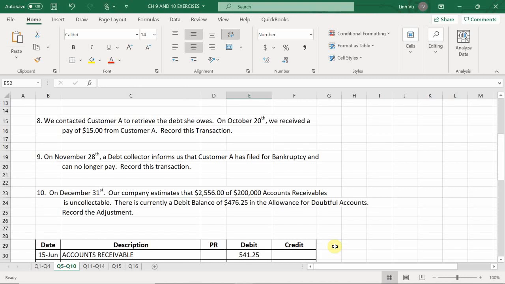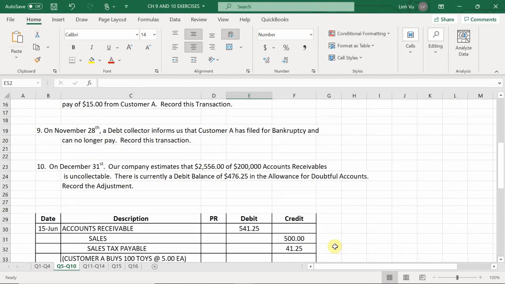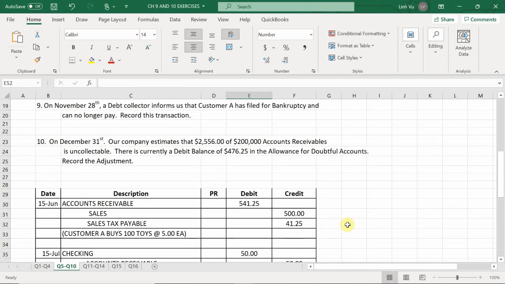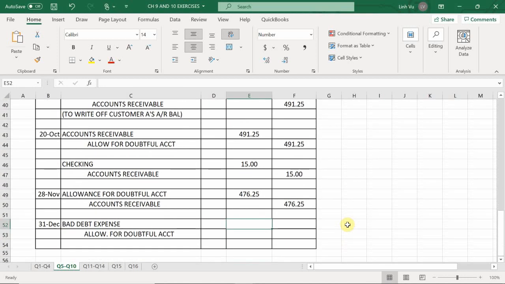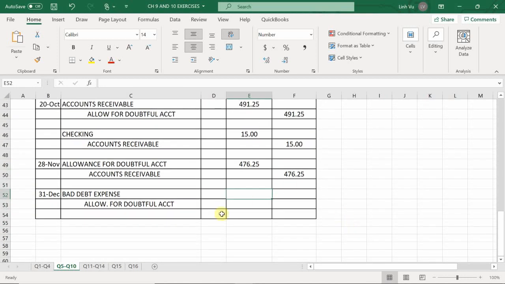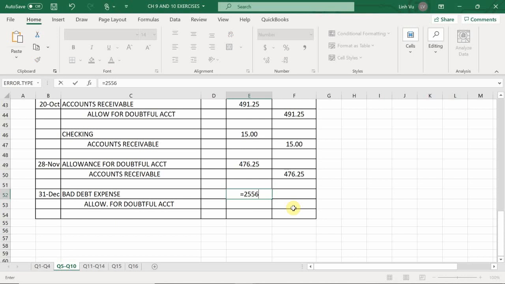$2,556. And I have a debit balance of $476.25. In this case, I'm on the debit side. I need to get to a credit balance of $2,556 on the allowance for doubtful accounts account. So what I have to do is add these two numbers together to get a grand total of